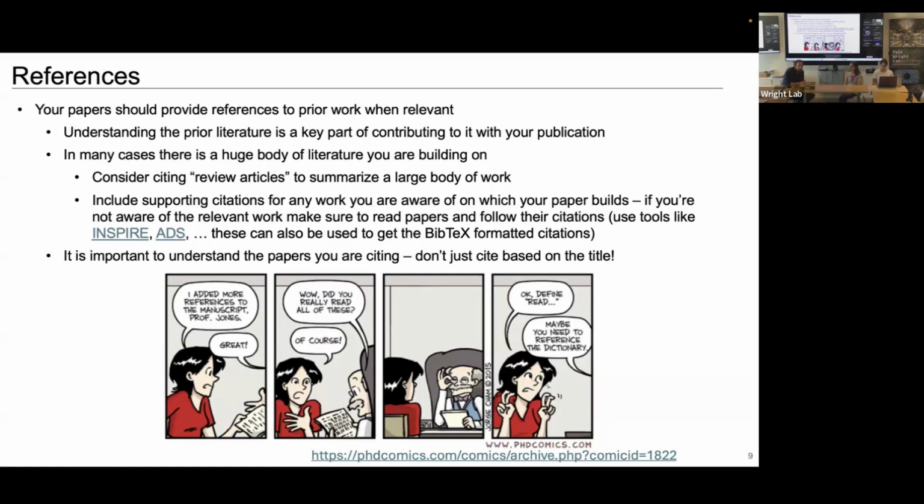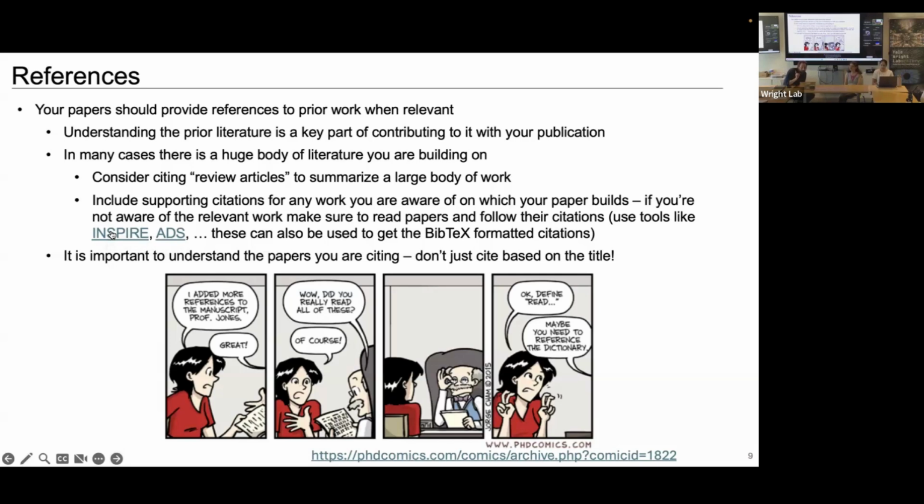The best thing, if you don't know what papers to cite, is to really read papers. And there are tools, at least for us, I think in astronomy it might be ADS, the NASA system. For us, it might be Inspire in high energy physics. There are tools that let you work in this web of citations, where you find a paper, you see what it cited and what cited it. And you can work through that web to really understand the relevant literature.